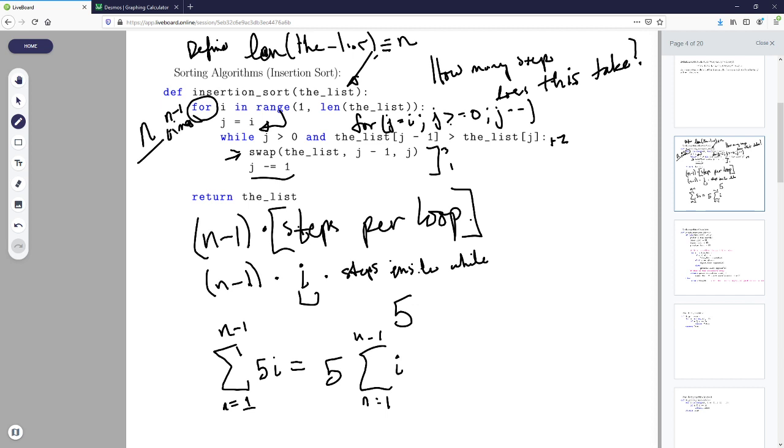I've talked about this until everybody's eyes bleed, which is that this is the Gauss sum. So we know that this is going to be equal to 5 times n minus 1 divided by 2. Because remember, what this is doing is it's adding up 1 plus 2 plus 3 plus...